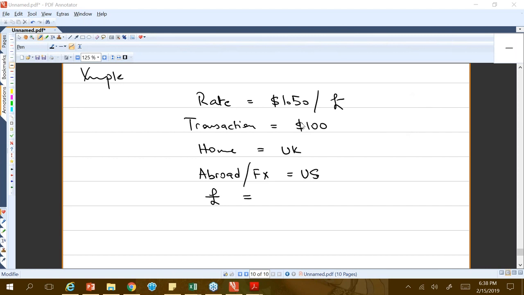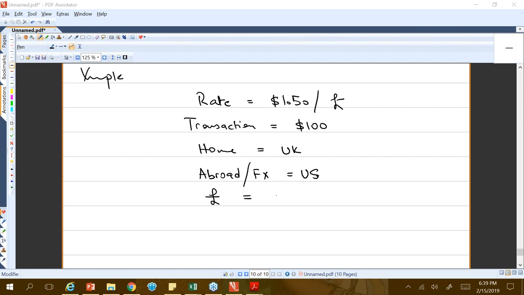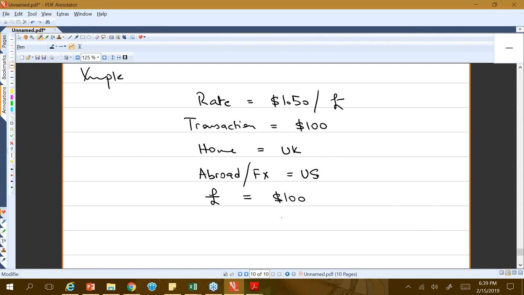Yeah, so I'm getting some right answers here. 67 or 66 seems to be right. So the answer here is 100 over 1.5, £67. Now, there are two ways to look at this so that you don't make a mistake in the exam. First of all, let's look at this quotation. It means $1.50 equals £1, which means when I have the pound answer, the pound answer would always be less than the dollar answer.